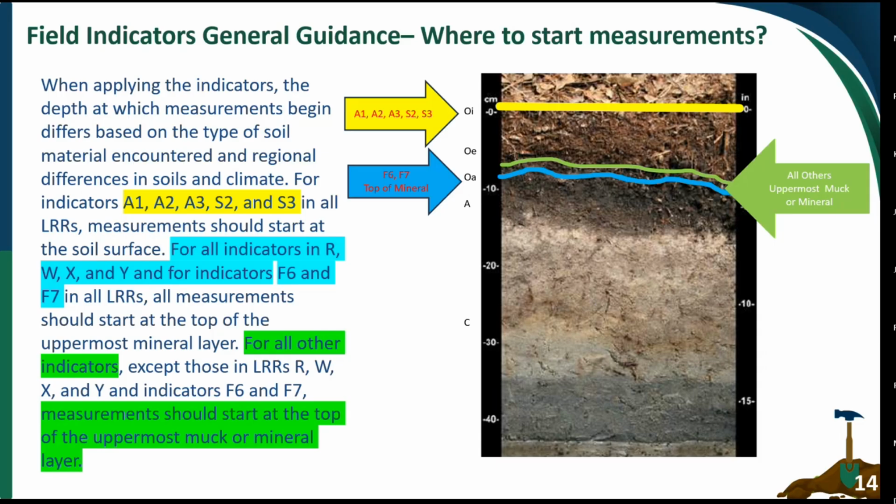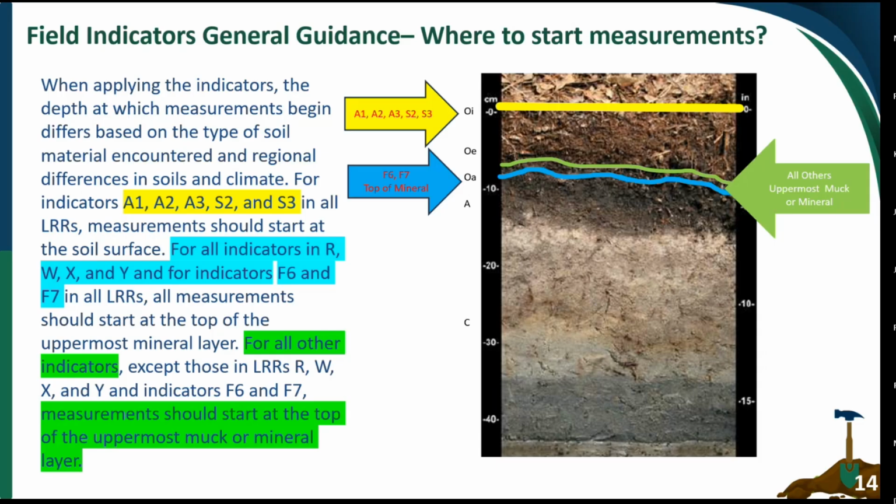And that's the green line. Excuse me, the blue line. That's the blue line. And then for all other land resource regions and indicators, you begin your measurements at the muck, which is the green line, or the mineral surface, which is the blue line,